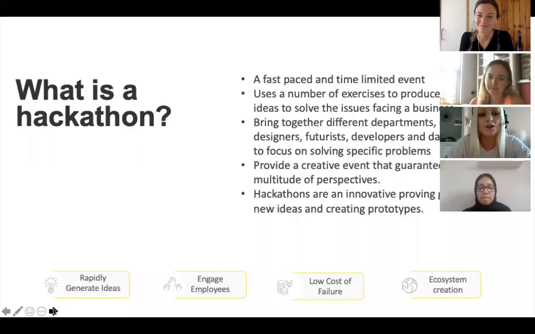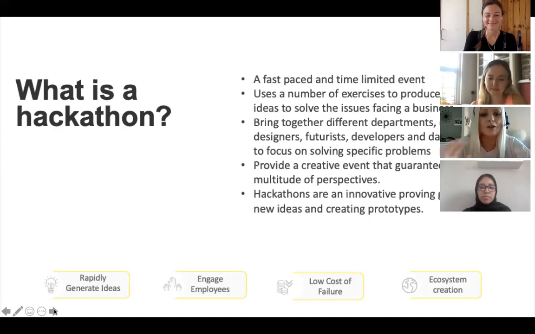So we do hackathons at EY. Lots of different teams come together to think about it. If you think about that square that we looked at, we had tax, consulting, all of our different ones there. All of those teams will come together to try and find a solution for one client, for instance. So it's using different exercises to be creative and solve a problem, essentially. So that's what we're going to do today.